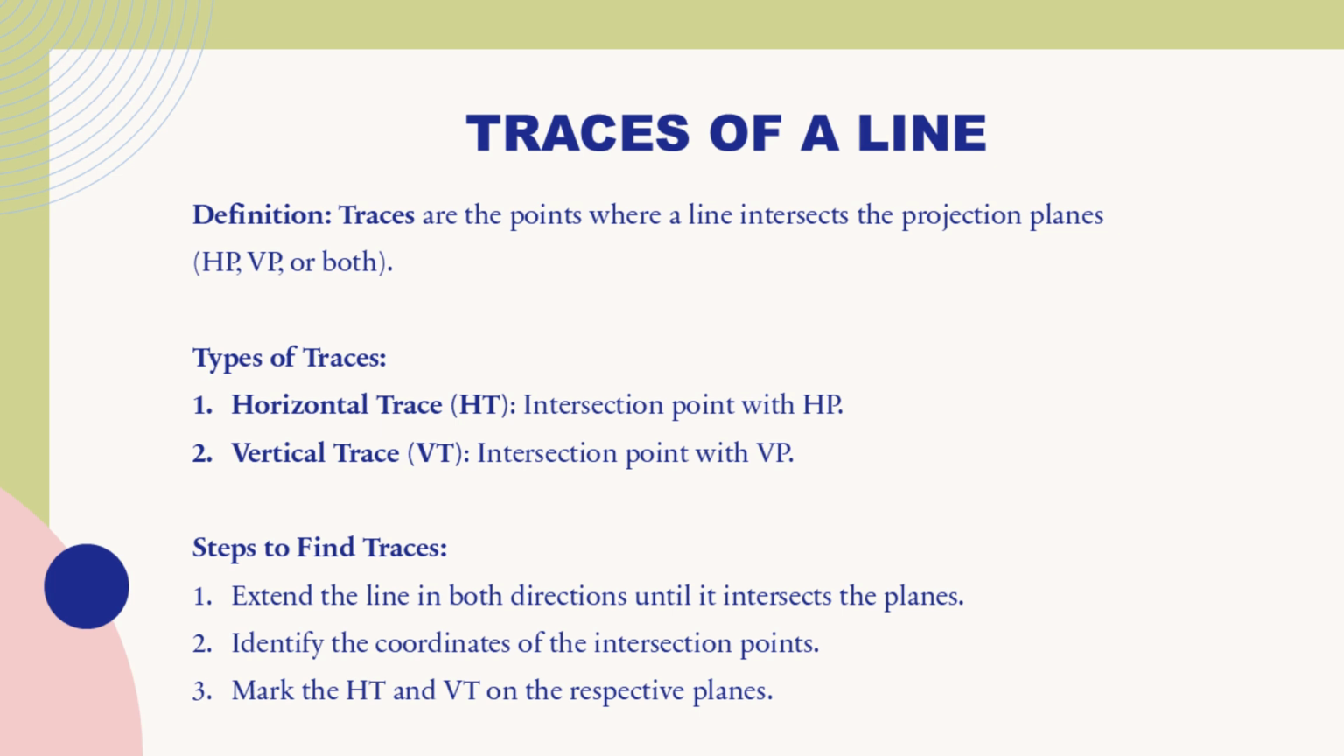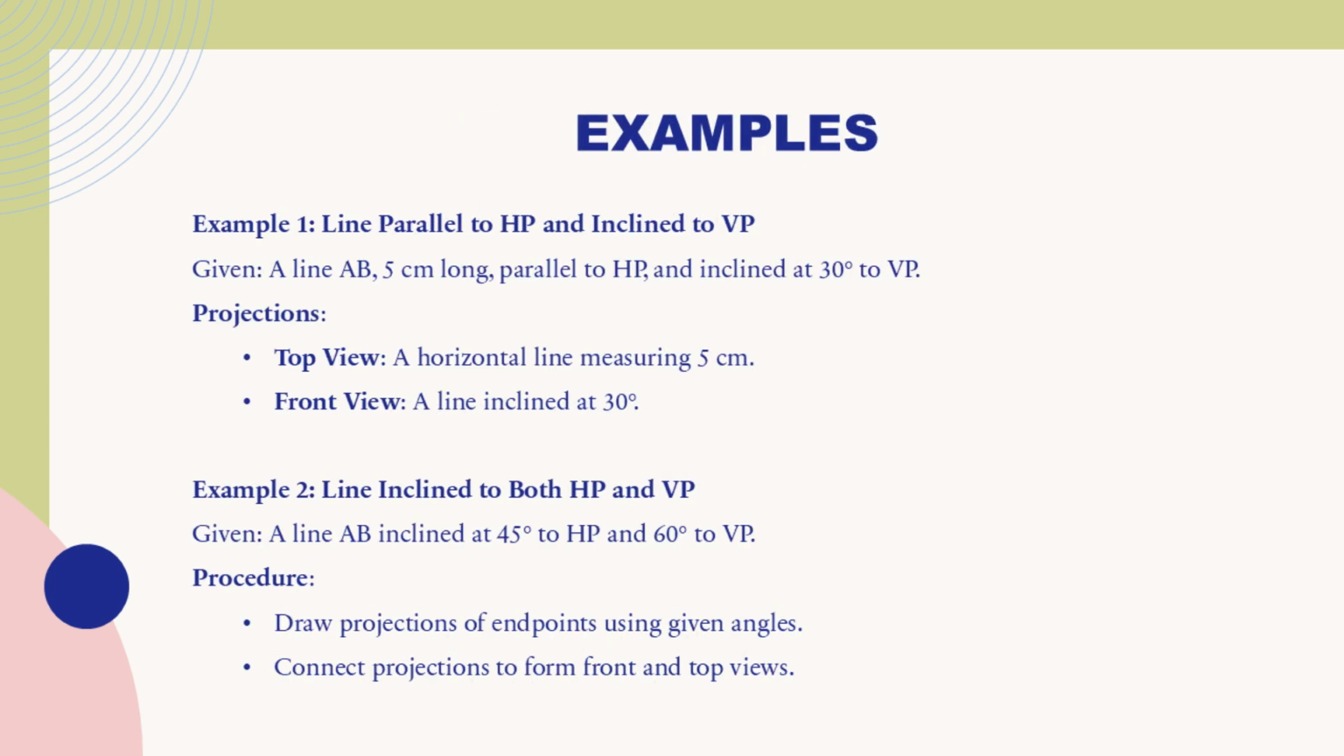Finding these traces involves extending the line until it meets the planes and identifying the intersection coordinates. This technique helps engineers precisely map a line's position and orientation in three-dimensional space. Let's look at examples. In the first example, we have a line AB that is 5 centimeters long, parallel to